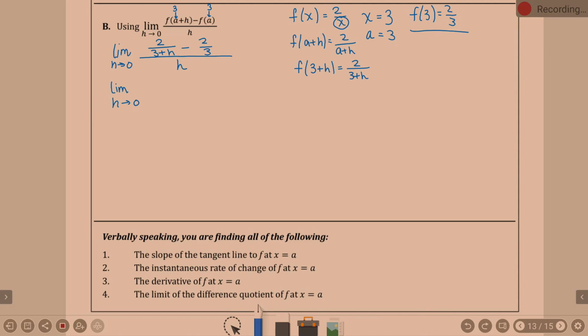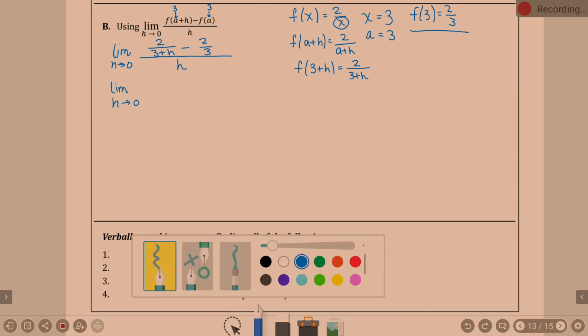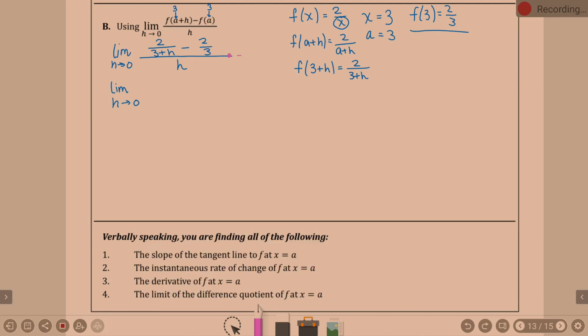Let's try it. I'm thinking it might be less confusing. What would we be multiplying by? 3 plus H. One denominator is 3 plus H. What's my other denominator? 3. So multiply by 3